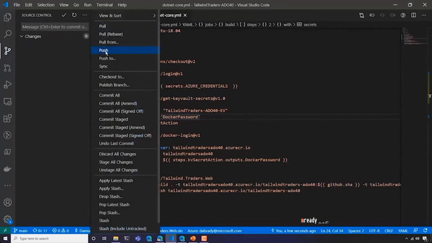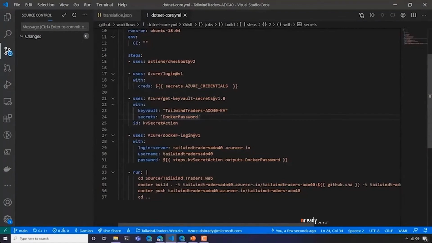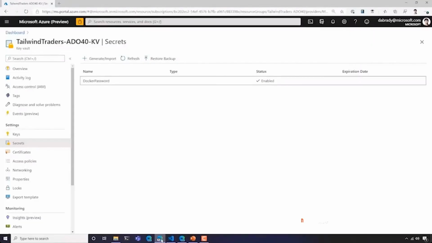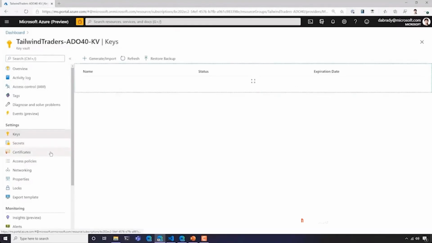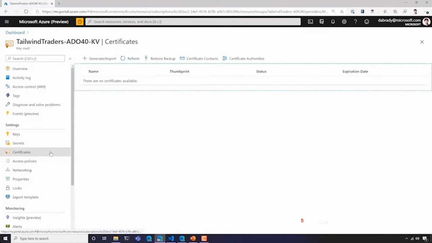Okay, so once those changes hit GitHub, it's again going to kick off this action using this specific workflow, right? So this right here is Key Vault. You can see we have our Docker password, and we can also see that this is a place that you can store your secrets and also your keys. Now, it turns out I don't have any secrets or keys or certificates, but if you had some, you would store them here, right? All right, so we have no keys, we have no certificates, but we do have that